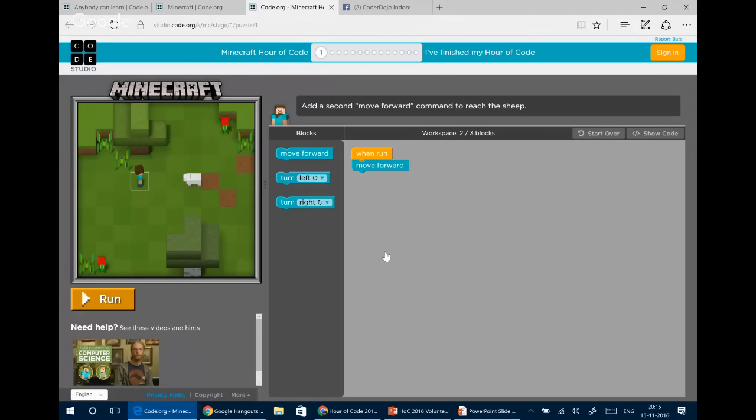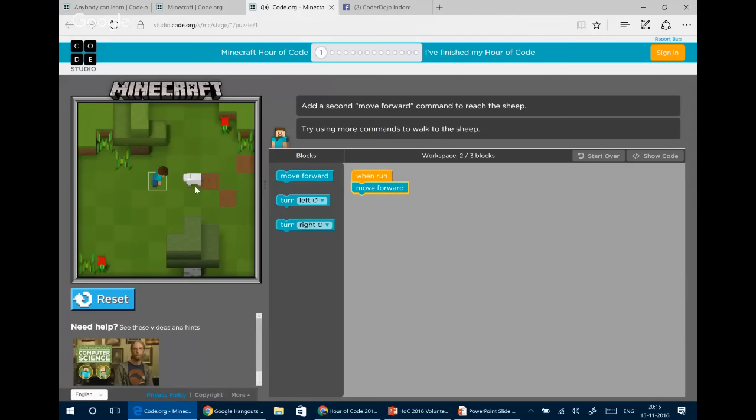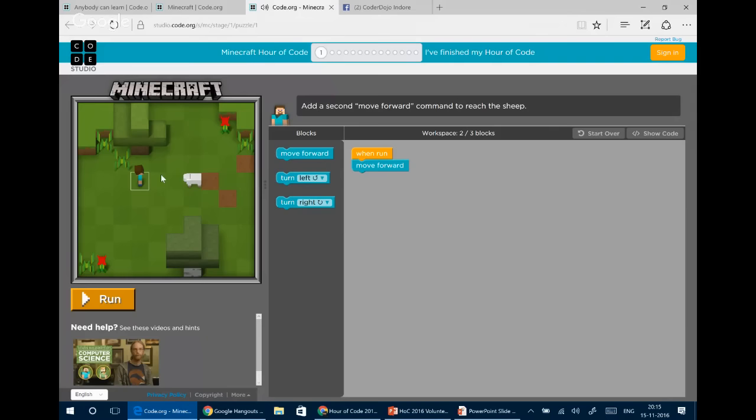We won't be saying algorithm to those children, obviously. So see over here, when our character will be running, it will move forward a single block because of it. If I run it right now, what will happen? It will just move a single block and it didn't reach the ship, right? So we failed. Let's reset it. Now move forward again. If I move forward 2 blocks, then I can expect that it will reach, right? And here you go.